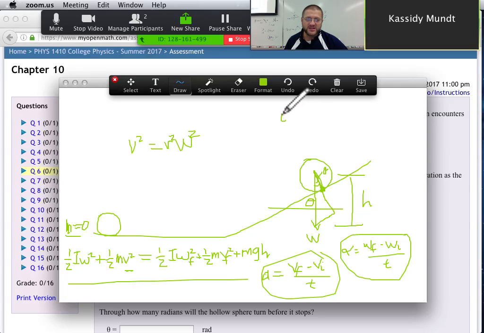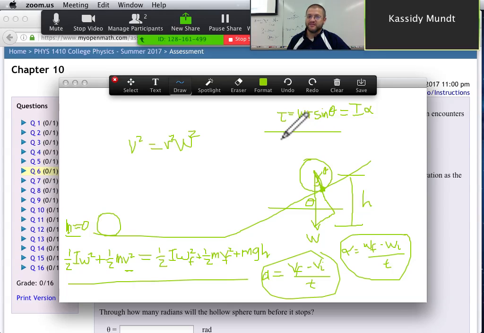So you have a torque that is causing your angular acceleration, your angular deceleration, which is equal to the weight of the ball times the vector r, the radius of the circle, but it's now times the sine of the angle theta, which is the incline of the ball. That torque is causing your angular acceleration. It's equal to I times alpha. But it's also causing linear acceleration when you multiply alpha times r.